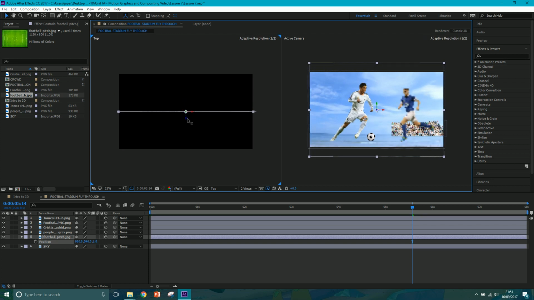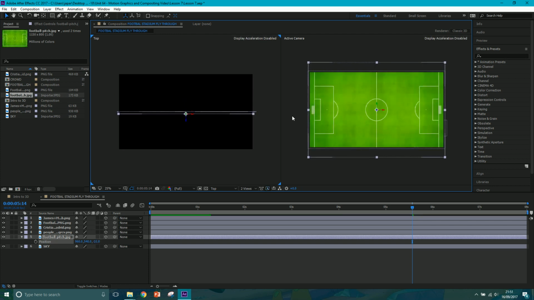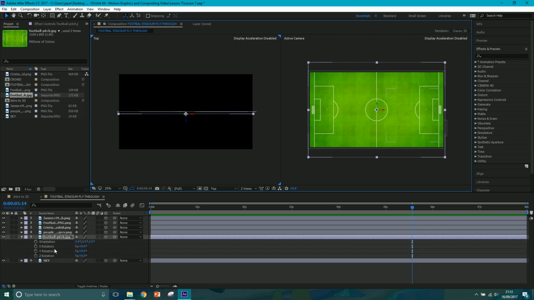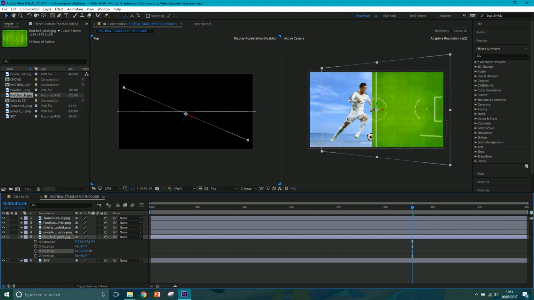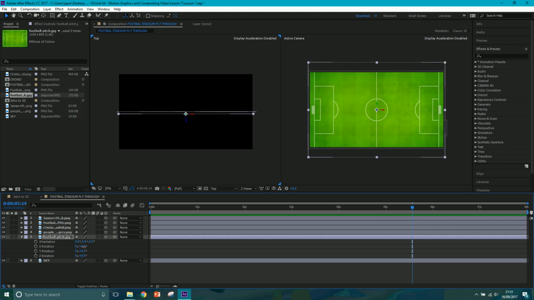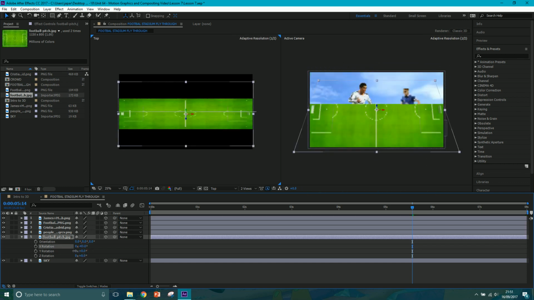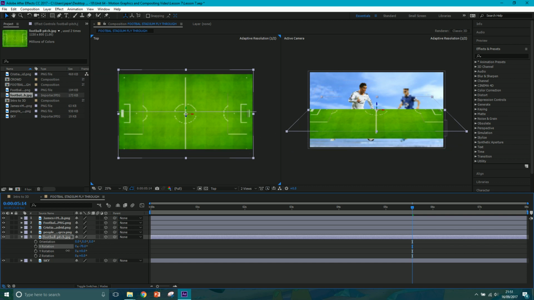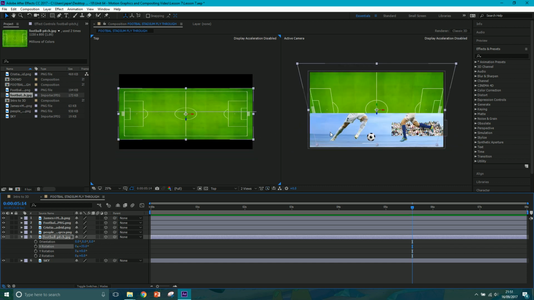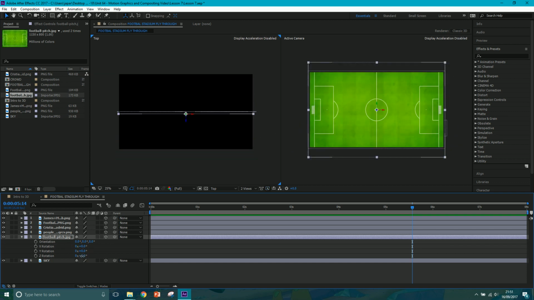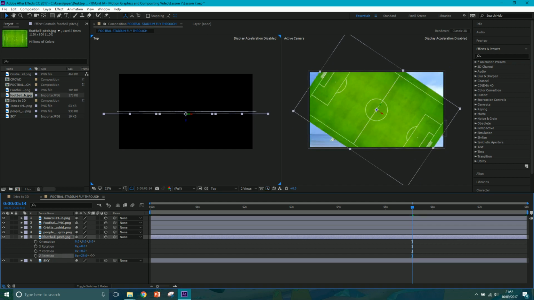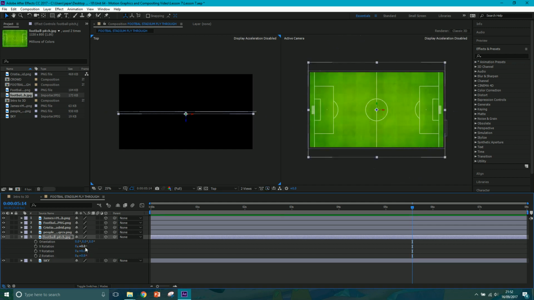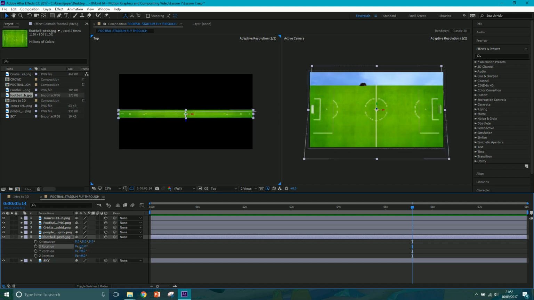Now another way we can push it backwards is by clicking this blue arrow and going like that. But in fact, what we want to do with this one is we actually want to rotate it, so it's kind of like flat. So if we hit R, we've got now X rotation, Y rotation, and Z rotation. So let's have a look. That one rotates it like that. X rotates it like this, where we're going to have it quite flat. That's the kind of thing we're going to go for. And then Z rotation, you can see, just goes round like that. So let's rotate this so we've got a flat